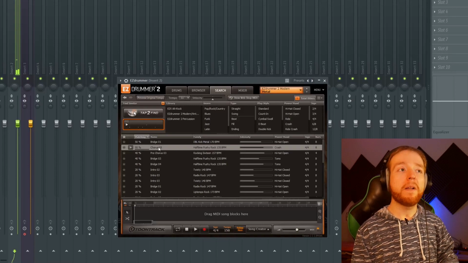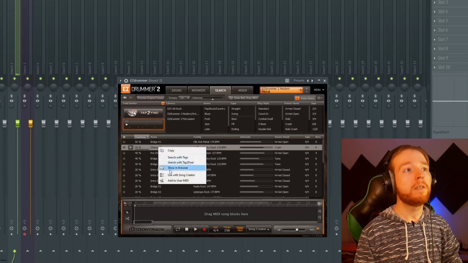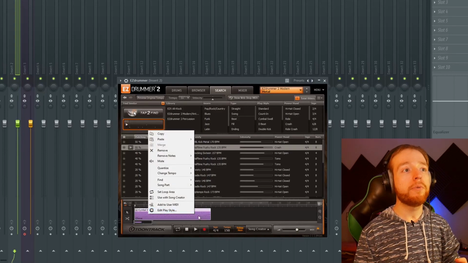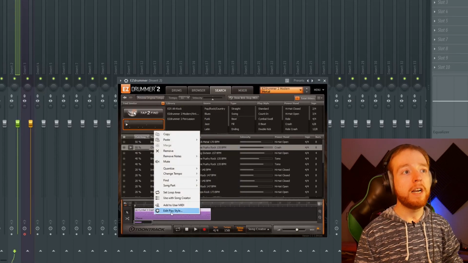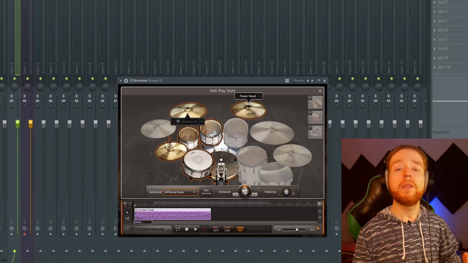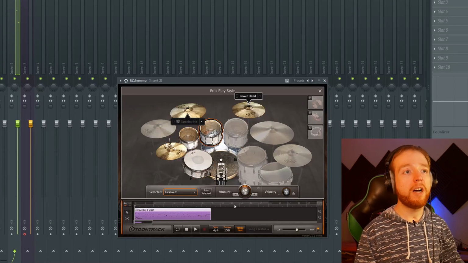I really like that, but I feel like there's too much time going on in it. So what we can do is we're going to drag this down, and then we are going to right click on this block, edit play style. What's really neat about this is you can adjust how the beat is being played. So if you don't like how there's so many times going on in it,